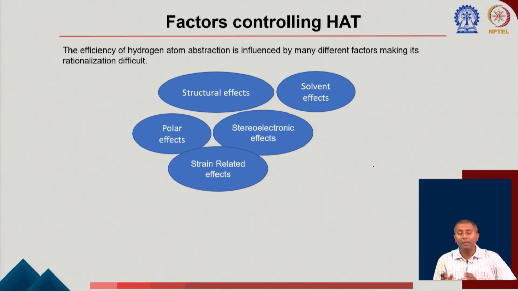But in this part also, what I am going to cover is this type of hydrogen atom transfer between the donor and acceptor. There are several different effects which are the most important factors for why this hydrogen transfer is happening. So, there are structural effects, solvent effects, stereoelectronic effects, polar effects and strain related effects. So, I will try to give you some examples to understand how these effects are useful in the hydrogen atom transfer